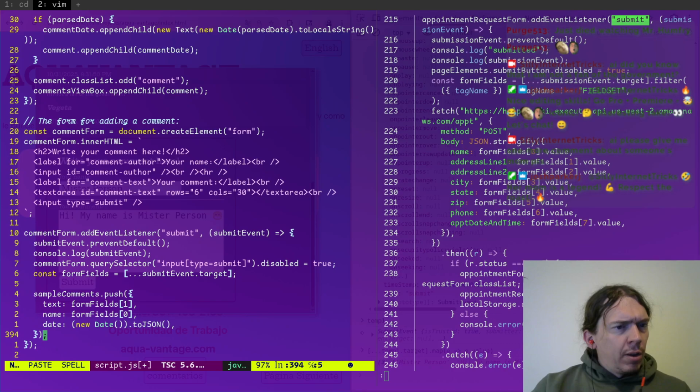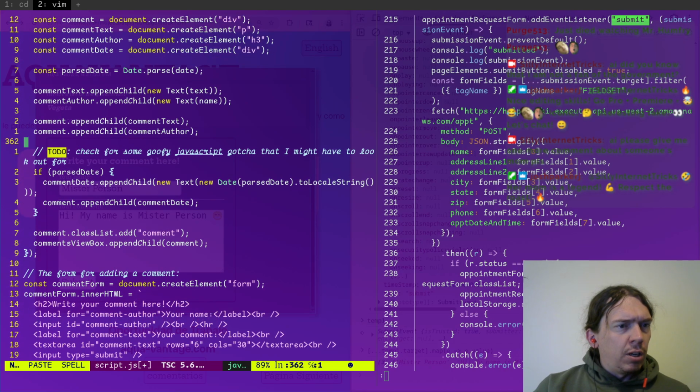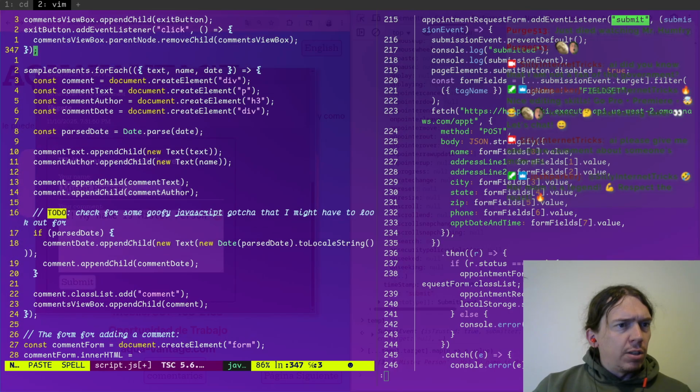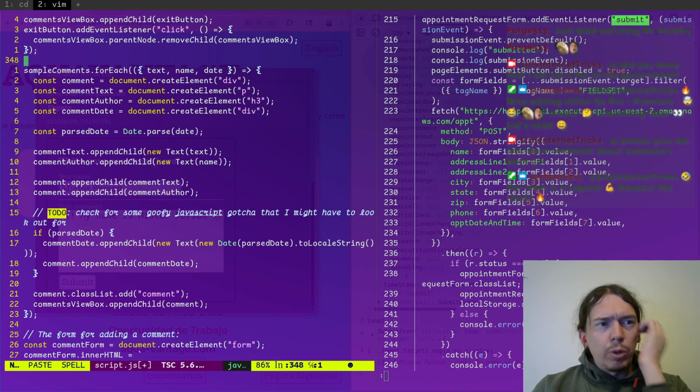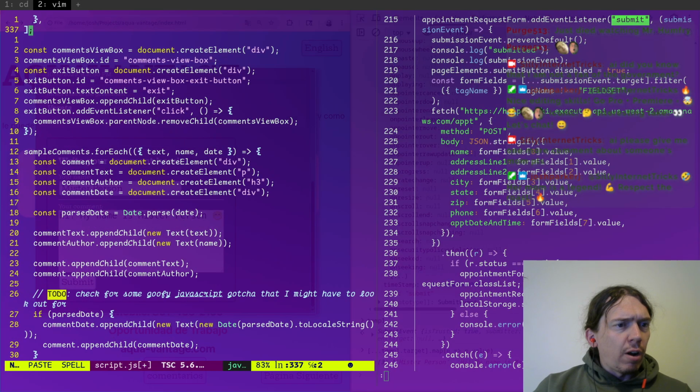Okay. So if I do that, one thing I'm definitely noticing is that these comments are going to have to be added within their own comment area that's separated out from the form.